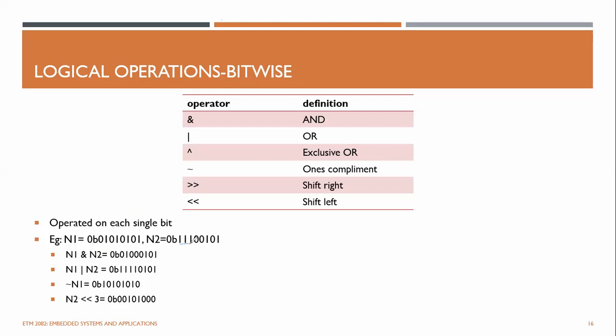N2 is this number, right? So you have to shift it 3 times. When you shift it, these 3 should go out, and this segment is now shifted to here. So now you can see 0, 0, 1, 0, 1 will be here, because these 3 go out. And now you know this is 5. Because it's an 8-bit number, like a byte,